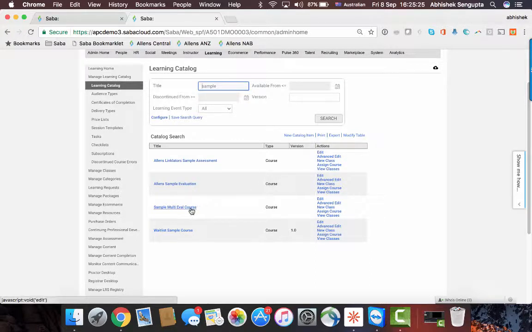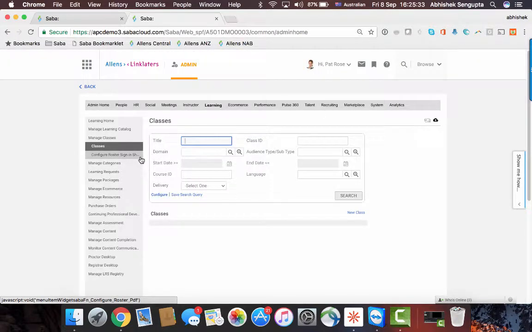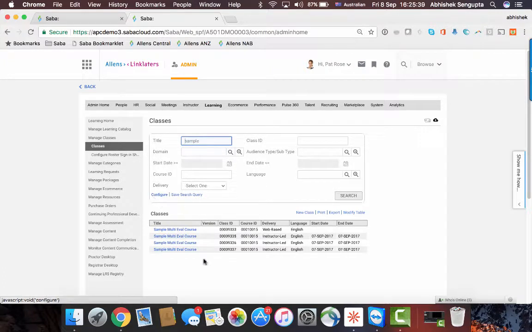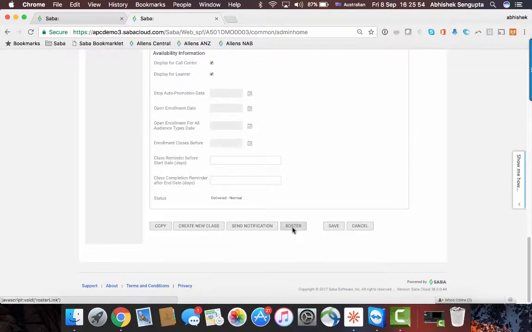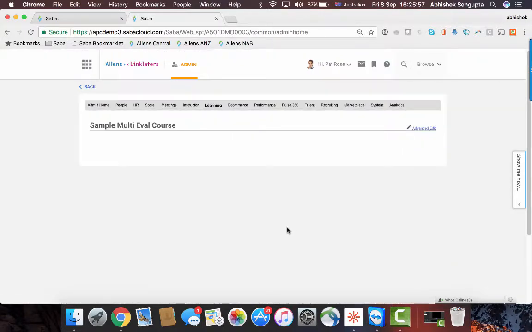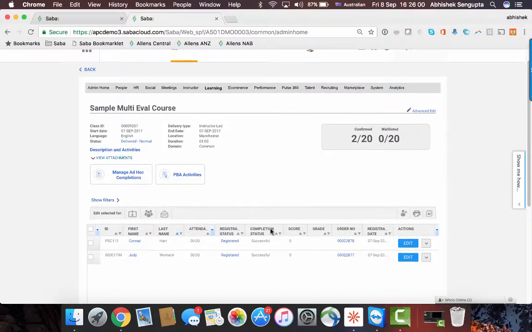So what I've done is I've created a course called the sample multi-eval course, and so this is the course template. And if I go on to the sessions or classes, as Saba calls it, we can see here that these are different courses happening across different locations, different people who have attended those sessions. So let's, for example, take this course and see who the people were in this course. So if I go into the roster here, I see that Judy Womack and Conrad Hart were the people who